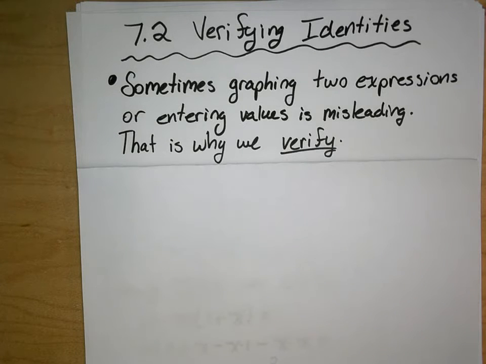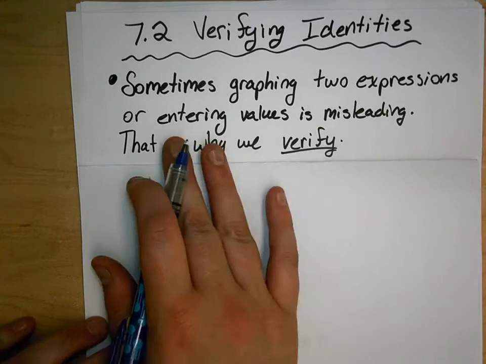Alright, so 7.2 is going to be on verifying identities. The reason we verify things is because sometimes graphing two expressions or entering values into a function is just misleading. So that's why we verify them. So in the beginning of our math careers,